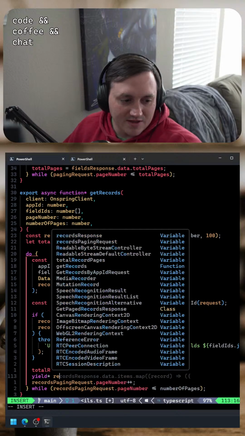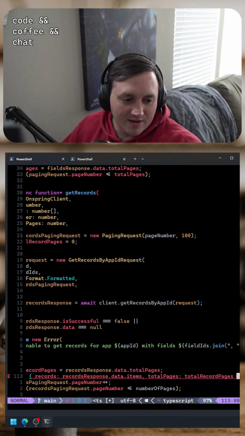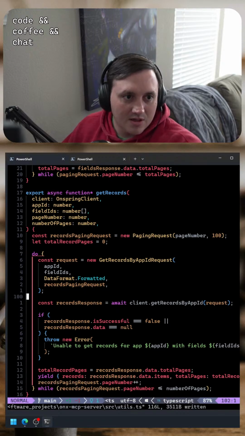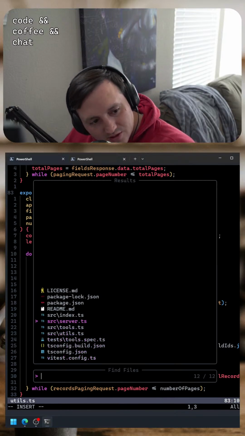Oh no, let's see how this feels. So the easiest way to do this would be to say records and then total pages like that. In which case we don't need to yield this. And then in which case we go back to tools.